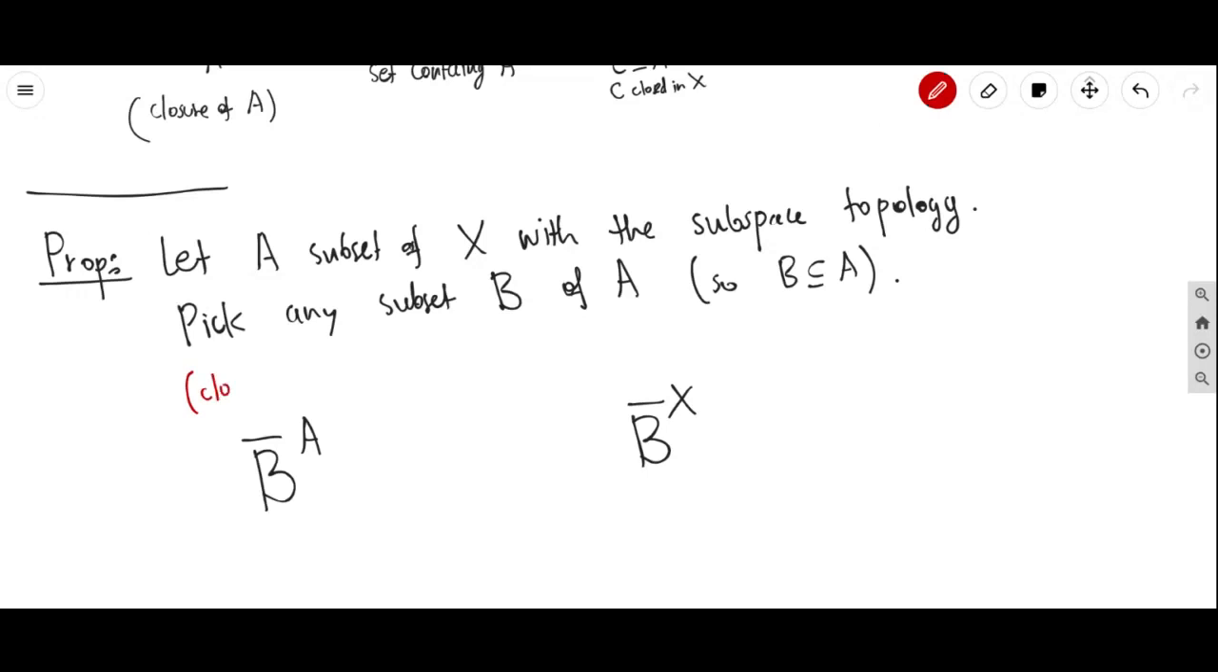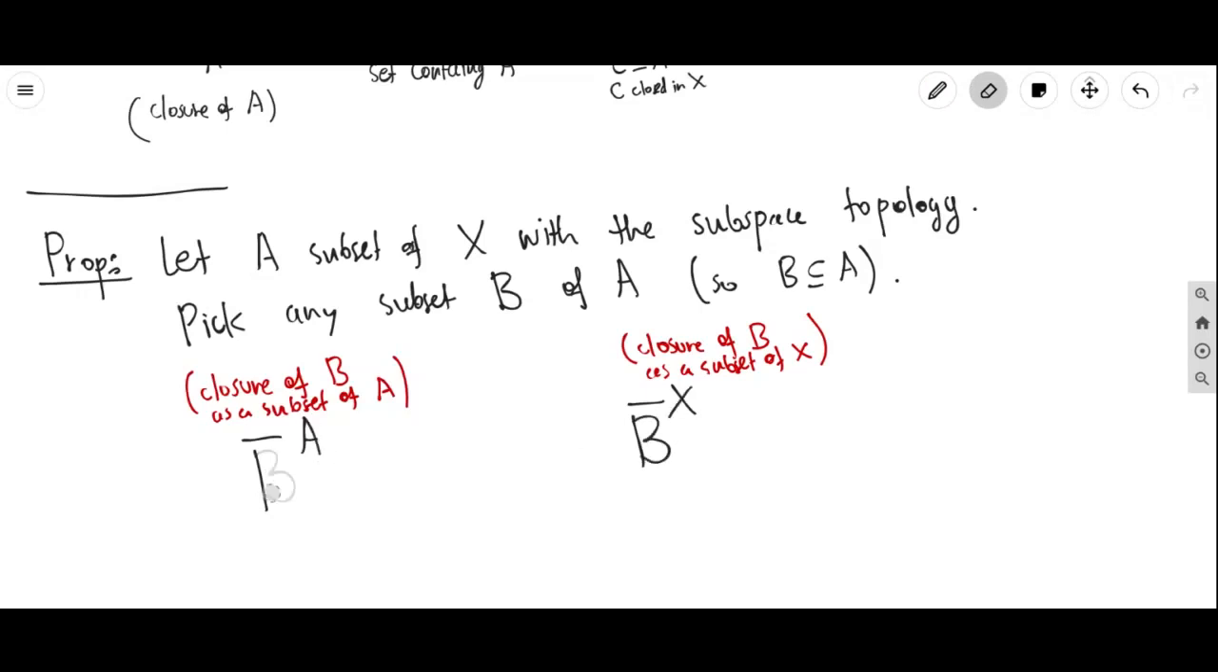So this is the closure of B as a subset of A, because B is a subset of A and A itself is a topological space. And this will be the closure of B as a subset of X. So what can we say about this? Are these the same? They will typically not be the same. If you take the closure of B in A, the largest this can possibly be is A. But if you take the closure in X, because you probably recall we had this example